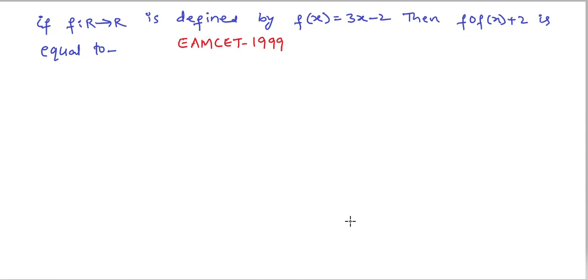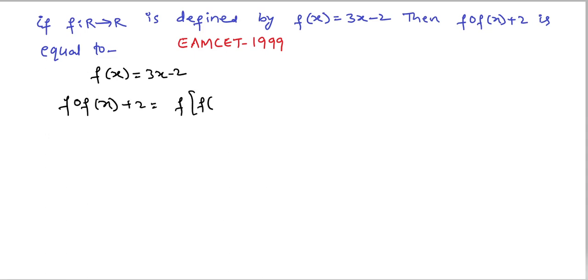If f maps R to R is defined by f of x is equal to 3x minus 2, then f circle f of x plus 2 is equal to dash. Here is given f of x is equal to 3x minus 2. So, f circle f of x plus 2 is equal to f of f of x plus 2. So, f of x value is given, that is 3x minus 2 plus 2. So, therefore, this is taken as x, substituting this value in f of x, that is 3 into 3x